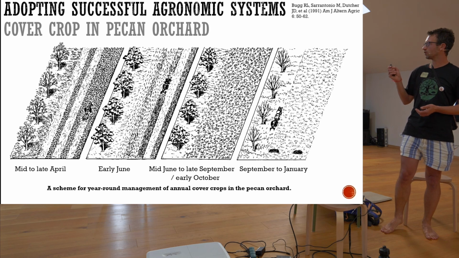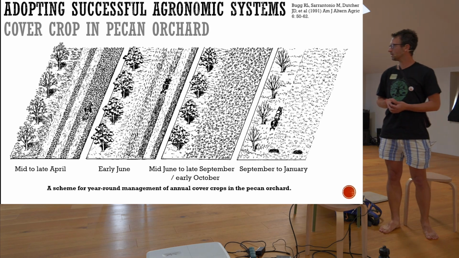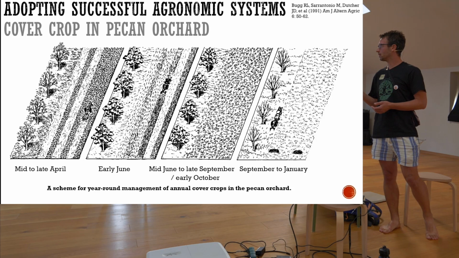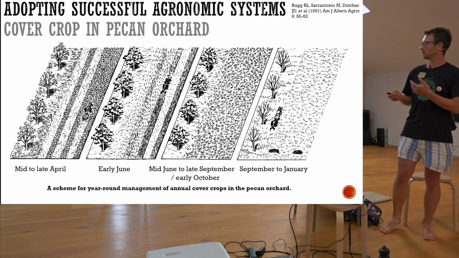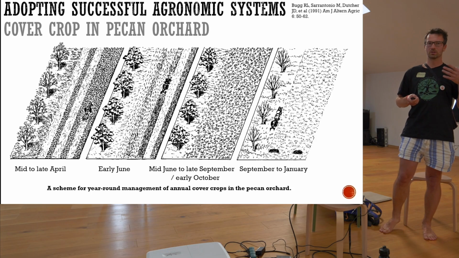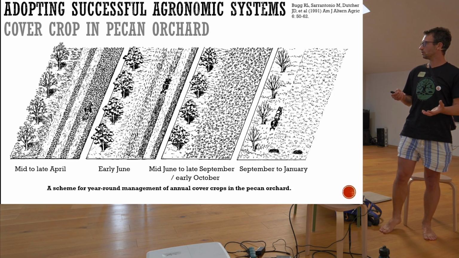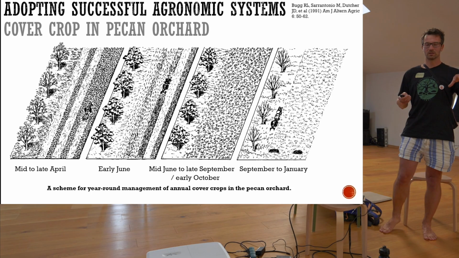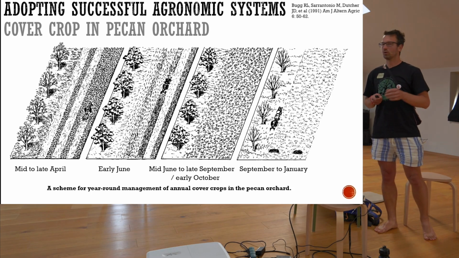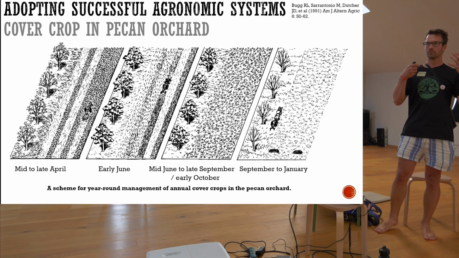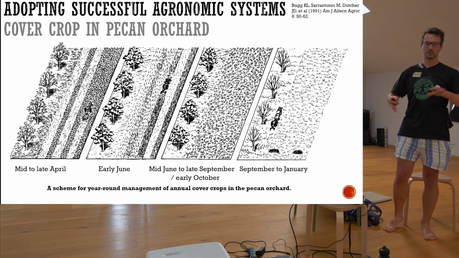Another approach is to mimic the best cropping practices, the best cropping systems. And here I show you one cropping system. It's a cover cropping system developed for pecan orchards in the USA. This system was designed to have low maintenance, with minimum tillage. It was designed to support a diversity of biocontrol organisms, to prevent moisture loss under trees, and also to be suitable for harvesting from the ground.